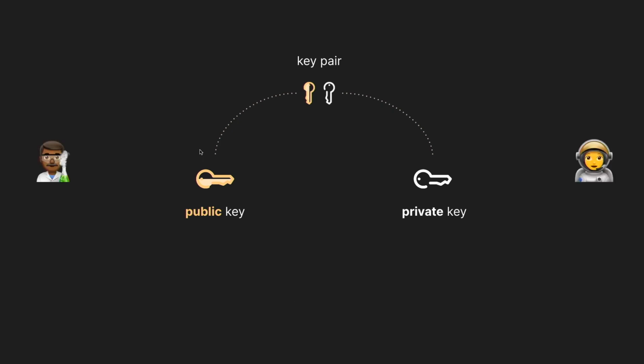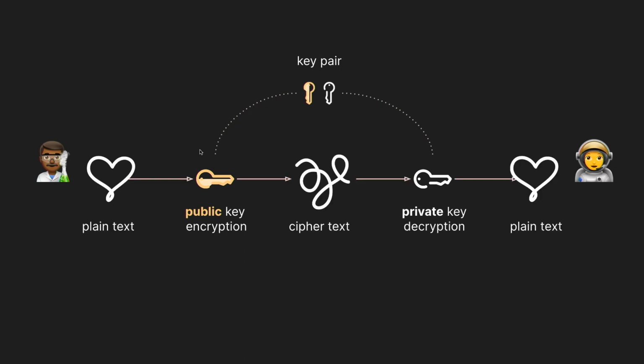So let's say Bob wants to send a secret message to Alice. Alice has a key pair. She keeps her private key in a safe place and gives Bob her public key. Alice's public key is not a secret, so someone other than Bob can use it, and that's OK. But she gives it to Bob because Bob wants to send her a message. Bob is going to encrypt his secret message for Alice using her public key. Since Bob encrypted the message with Alice's public key, he knows that the only person who can decrypt that message is Alice, because she hasn't shared her private key with anybody else. So Bob trusts that Alice is the only person who can decrypt that message.